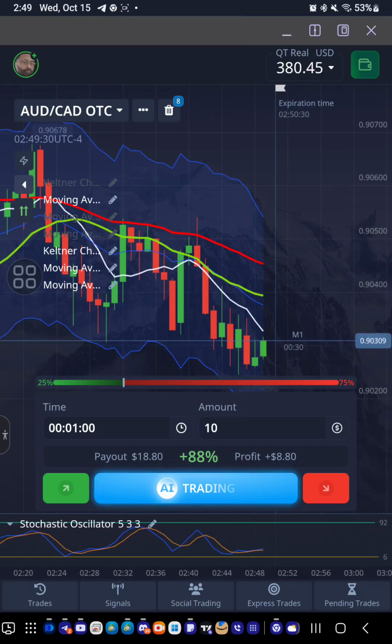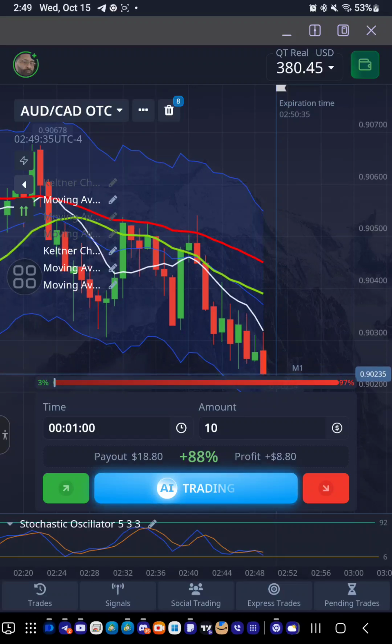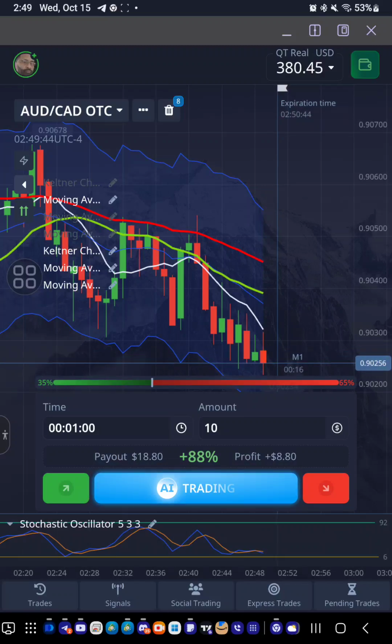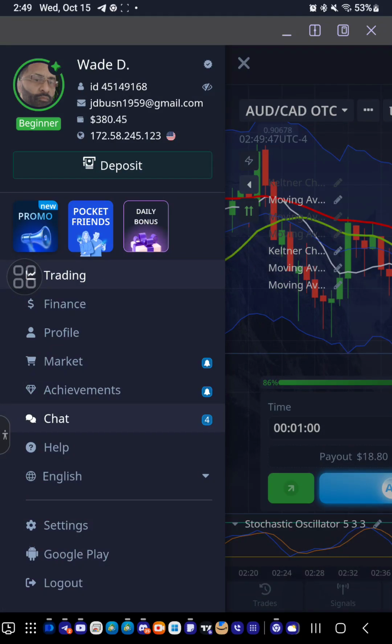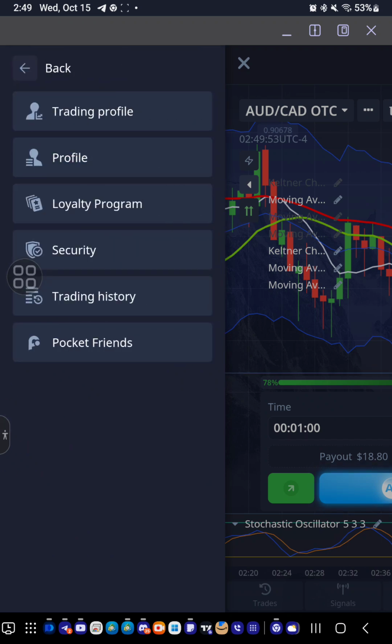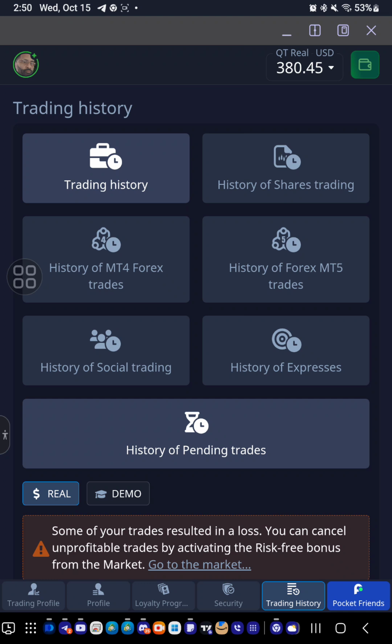Okay, now they showed us how to check your real account. It's like a running total, or a graph. Shows you how you're doing. You click on your profile up here in the right hand corner, and then you scroll down. You click on the drop down box where it says profile again. Click on that, and then you click on your trading history, which would be here. Click on that, and then once you click on that, you click on trading history again,